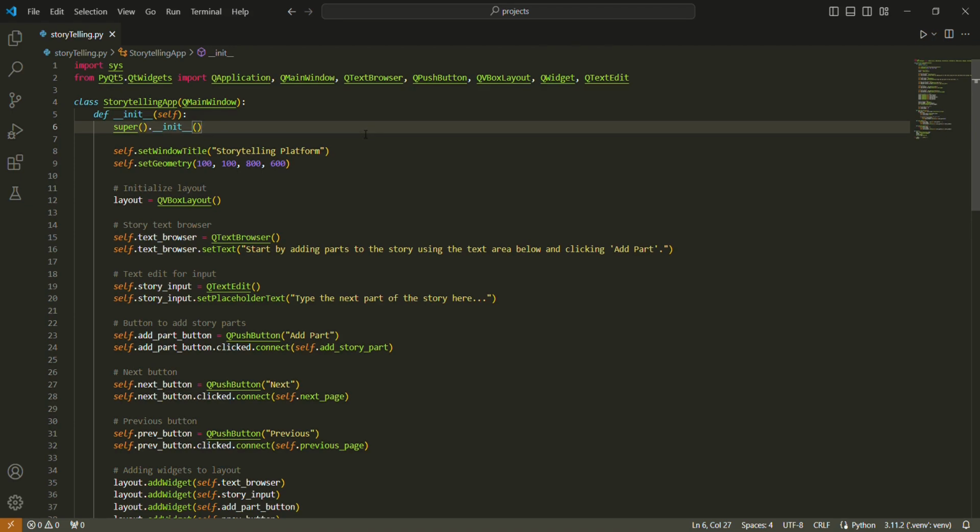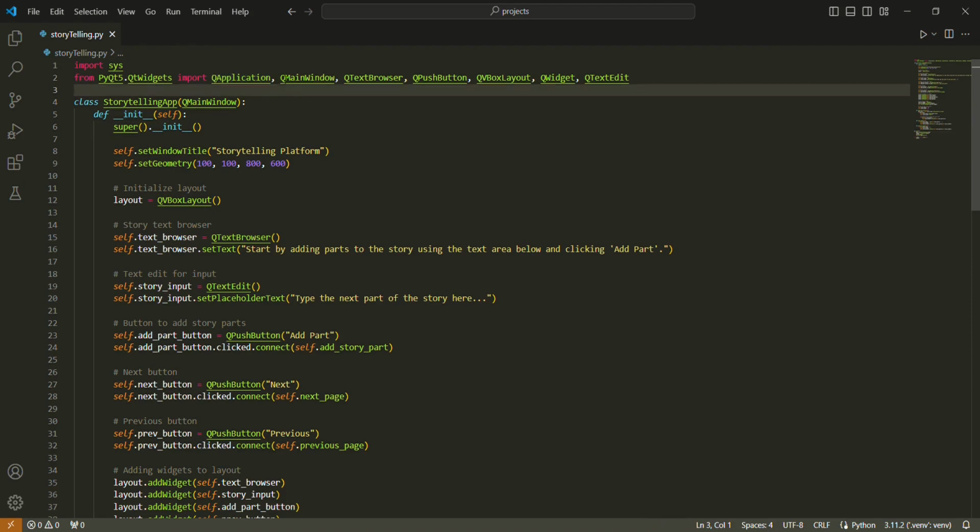So we are going to use some methods from Qt from the PyQt library. We are going to use the QApplication method to run our application, the QMainWindow method that is basically to build a main window that will contain the whole application, the QTextBrowser to browse text, the QPushButton to build the buttons that we will need in our application, the method QVBoxLayout to set the vertical layout.